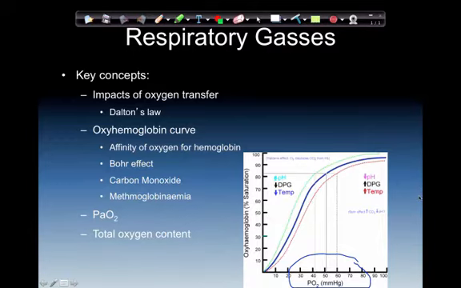Now the Bohr effect, what that does for us. The Bohr effect adjusts this oxygen hemoglobin dissociation curve because a decreased pH also means that you have a high acid level. And the one that we see normally occur in this is CO2. So with high amounts of CO2, we've got loads of building blocks, so we can make carbonic acid quite readily. And just to talk about that for a minute,